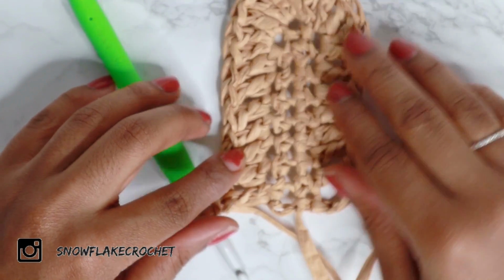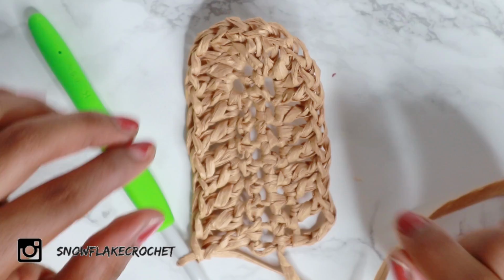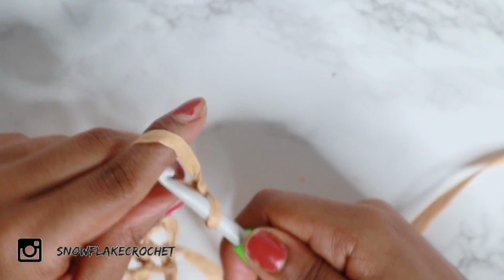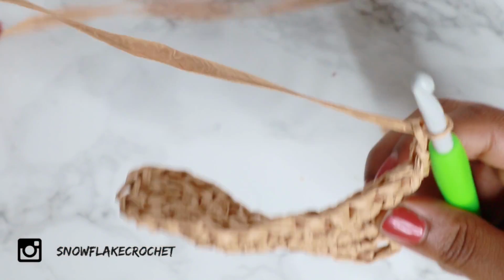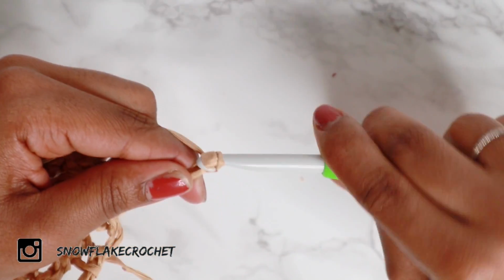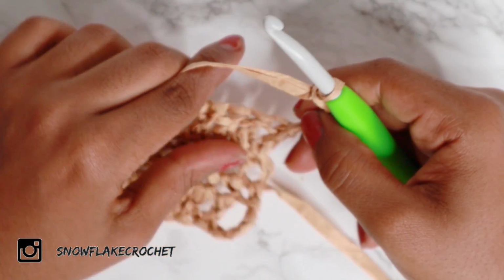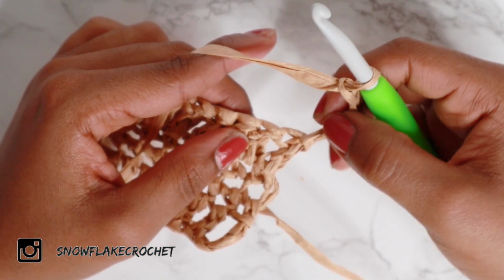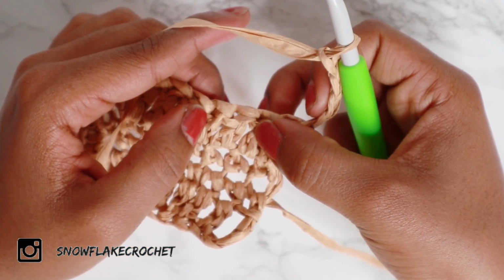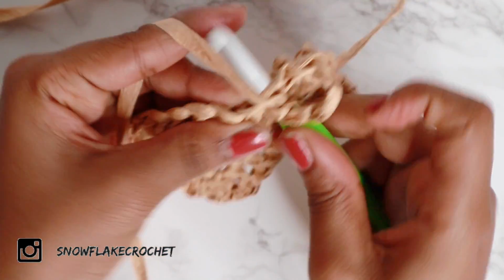The work should start looking like this. So row 3, you're going to turn and chain 4. This chain 4 counts as your first double crochet and a chain 1 space. So you're going to skip 1, then you're going to double crochet,